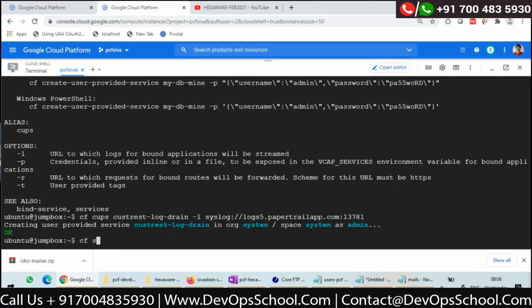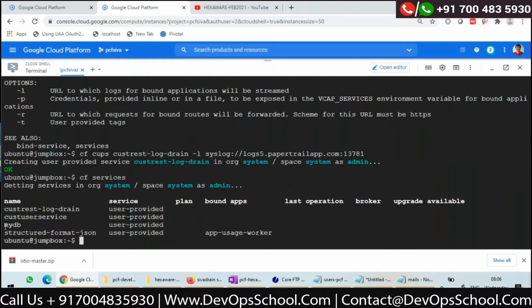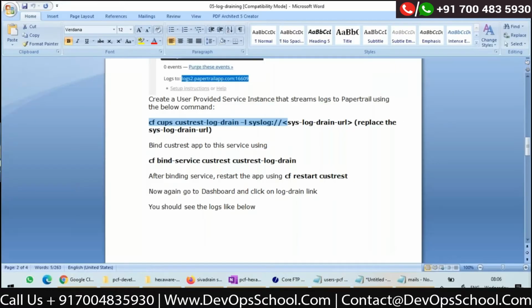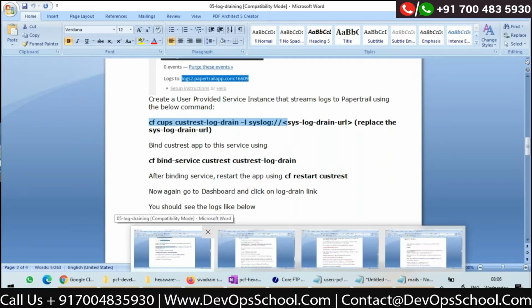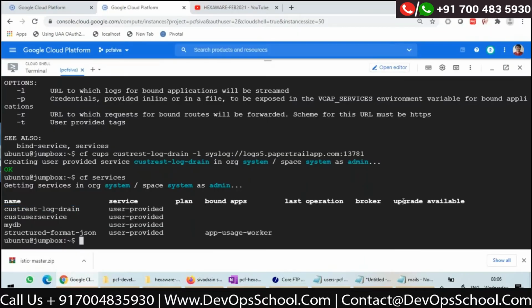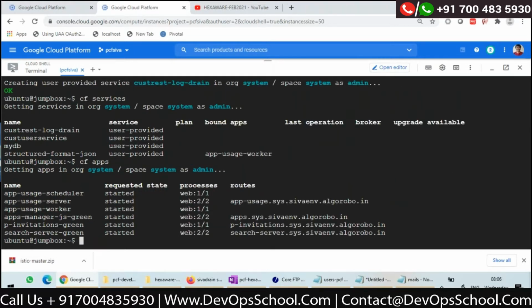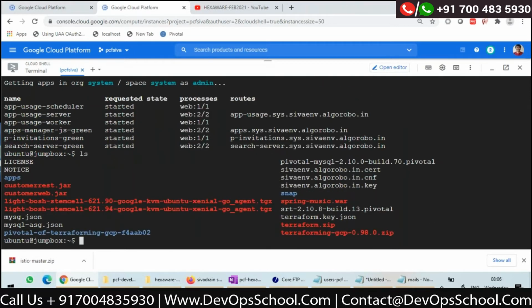Now if I say cf services, I should be seeing cust-rest-log-drain, right? Now I should bind this service to my app, right? Oh, do I have cust-rest right now? cf apps? No. Okay, what I'll do is here is my customer-rest.jar. I want to push it. cf push